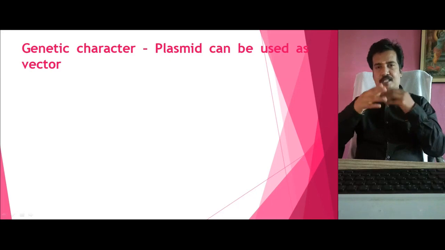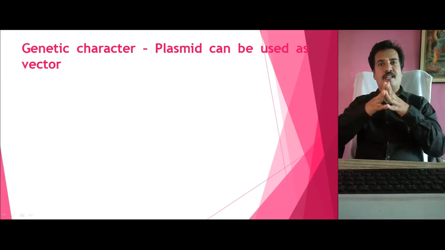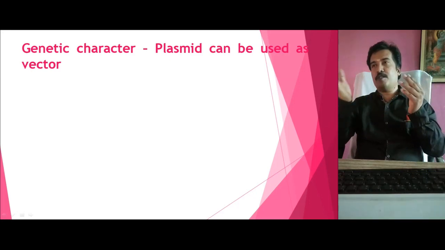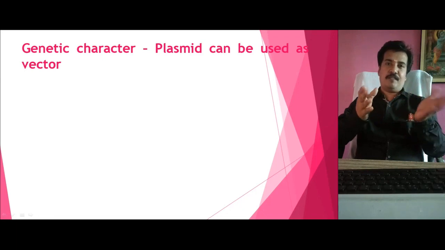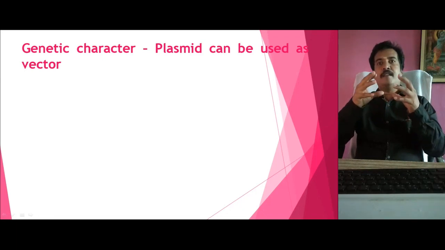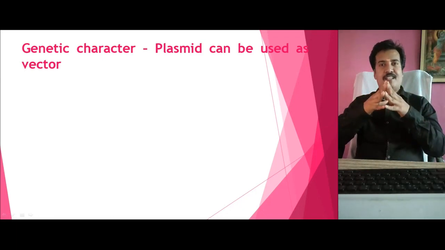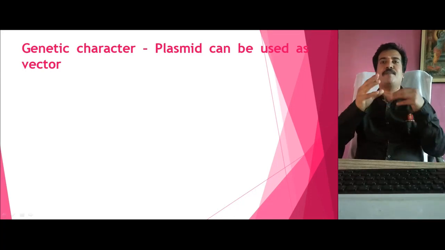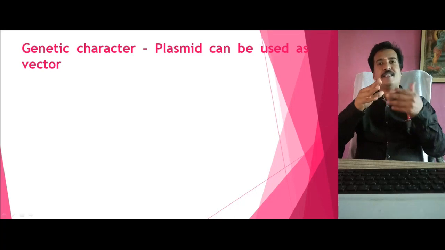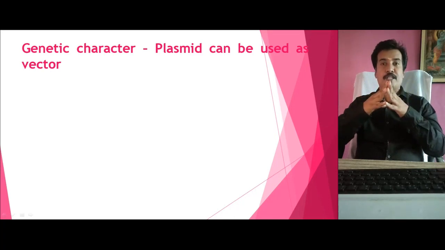So once we studied earlier what are the key characteristics the vector should carry, whether all these key characteristics are present in the plasmid or not. Before that, we were studying why we choose plasmid as a vector, with some basic qualifying characteristics: first, the plasmid can replicate itself. Second, the plasmid can be produced in large quantities. Third, the plasmid can be isolated and purified.